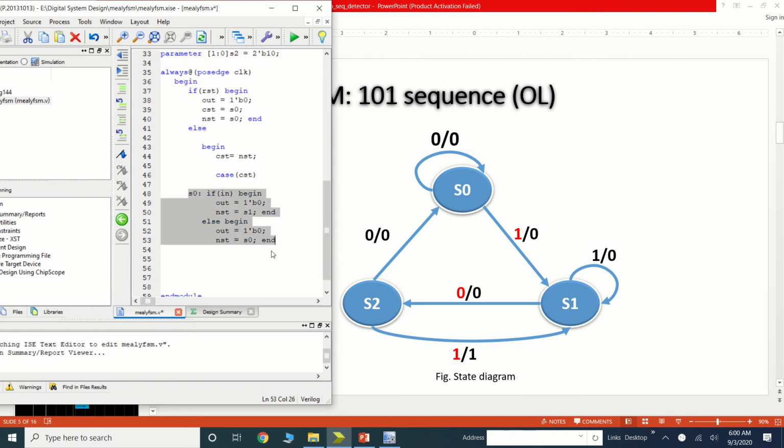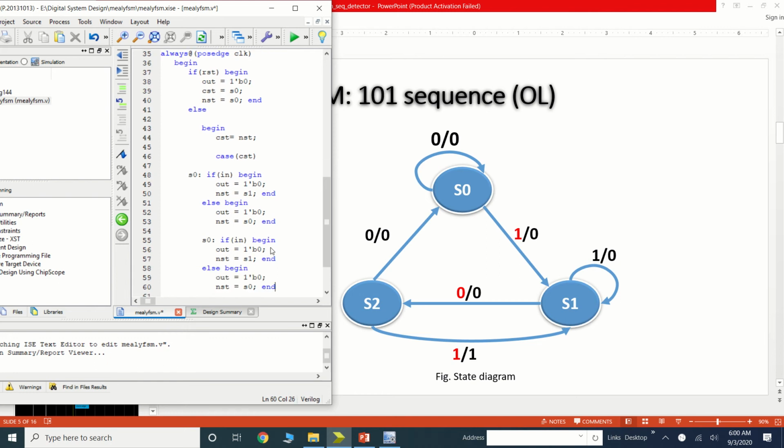So I am just making a change in this for the different states. Let's say this is my S1 and this is my S2 state. Now let's see on the right hand side, in S1 when the input equal to 1, output is 0 and it would stay in the S1 state. When we are at S1 and the input equal to 0, it will move to the next state S2, and again output would be 0.